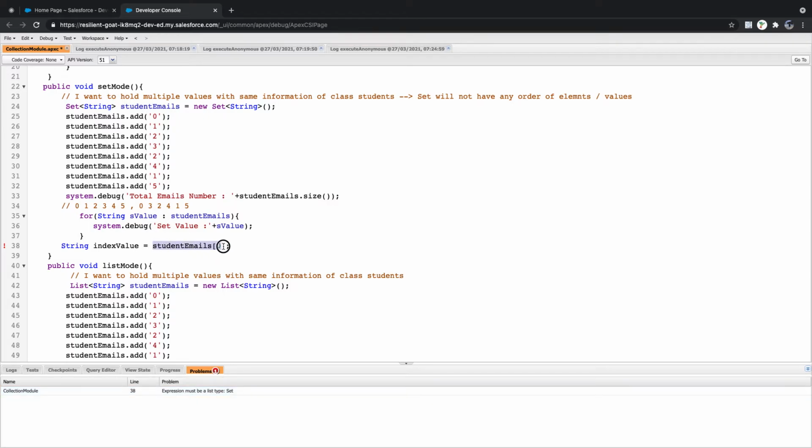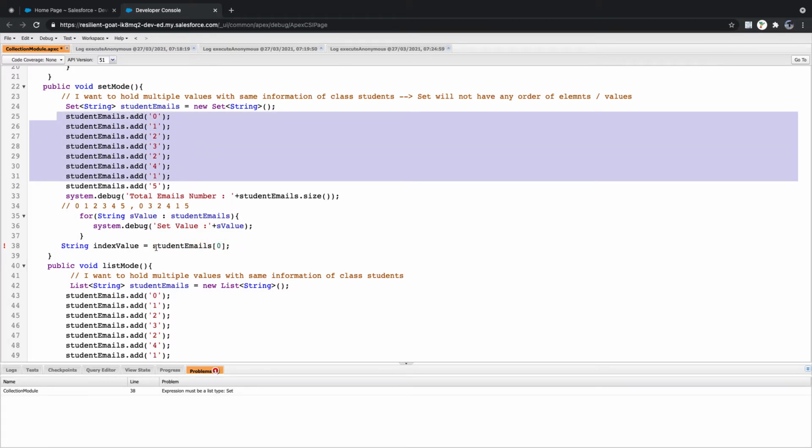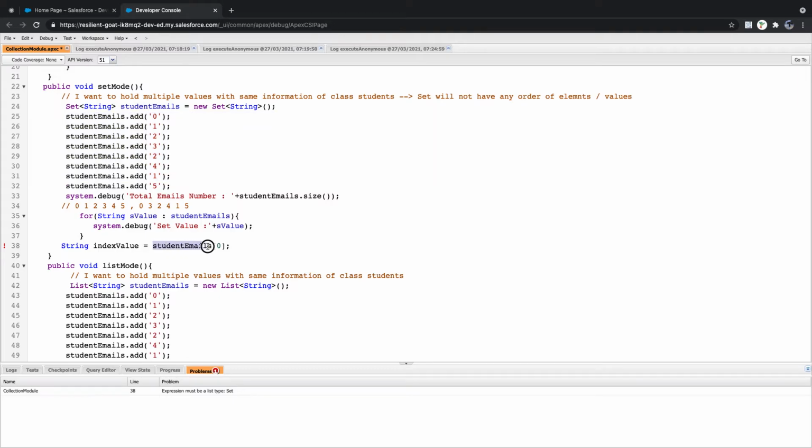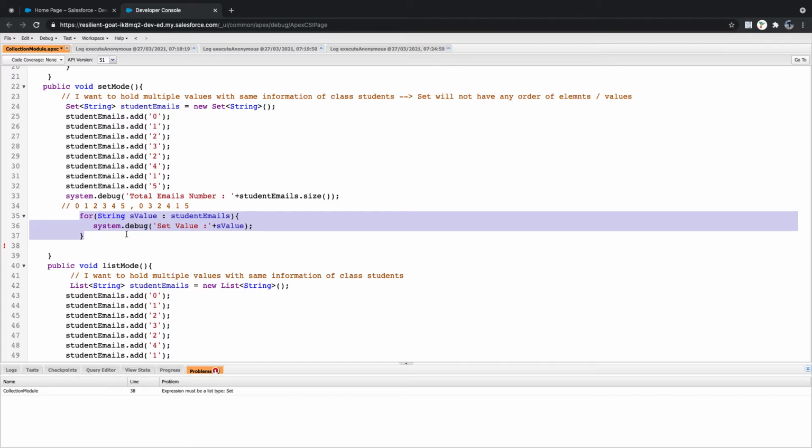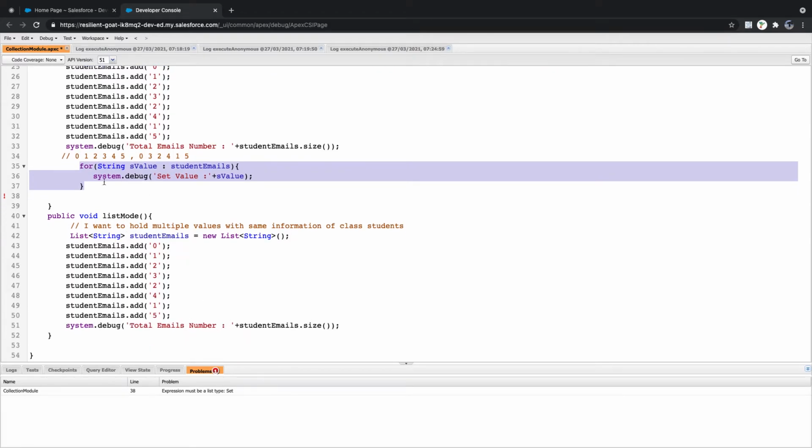For a set there is no index ordering, because you never know what happens to the set value assignments. So the system will not allow you to get data based on indexes within the set. Clear? For a set, there is no such mapping. If you want to access some element from a set, then you have to iterate through a for loop, no matter what.